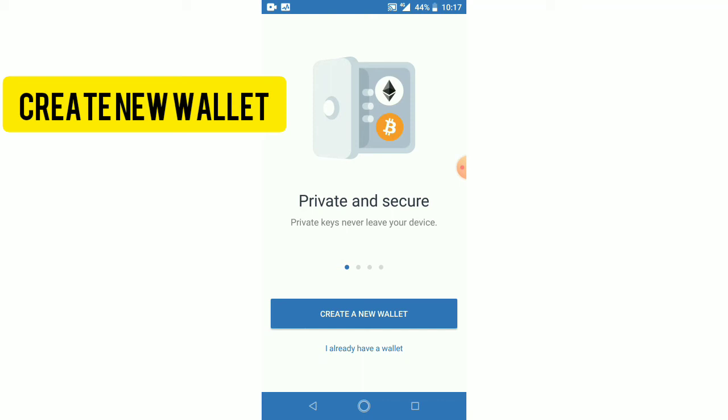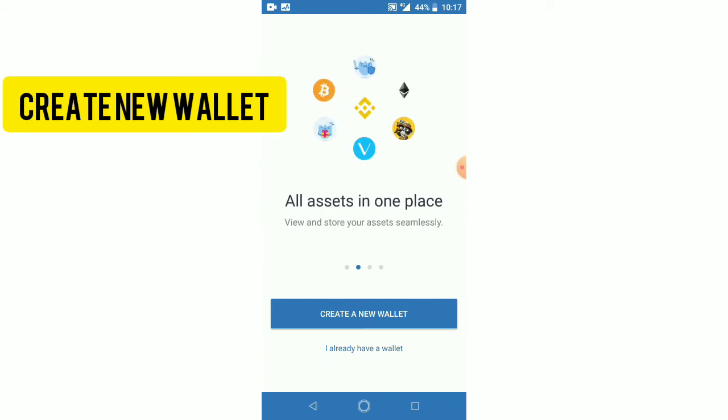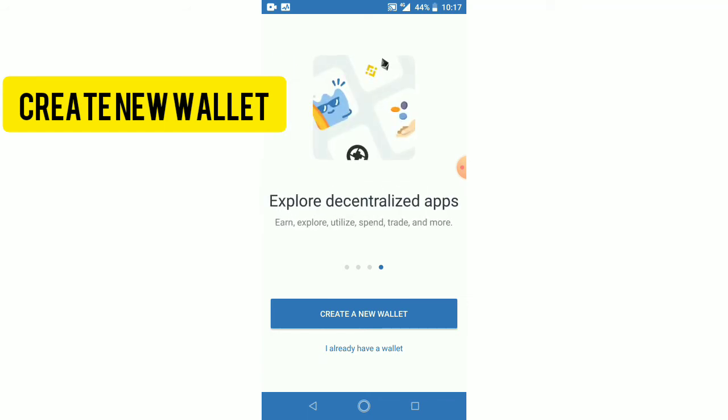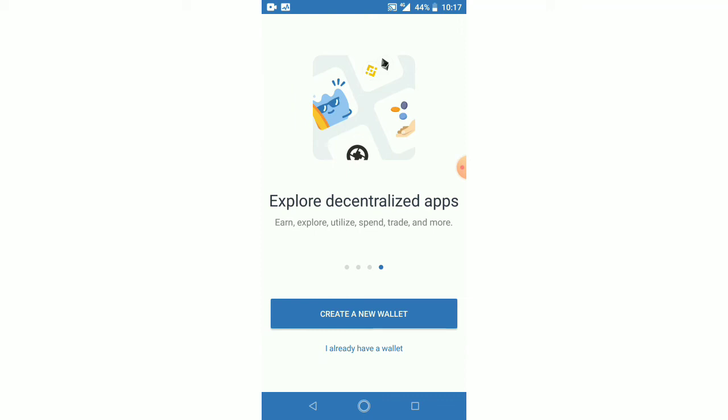So private and secure, all assets in one place. View and store your crypto assets seamlessly. Trade your assets anonymously. Explore decentralized apps. So we are going to create a new wallet. After downloading,